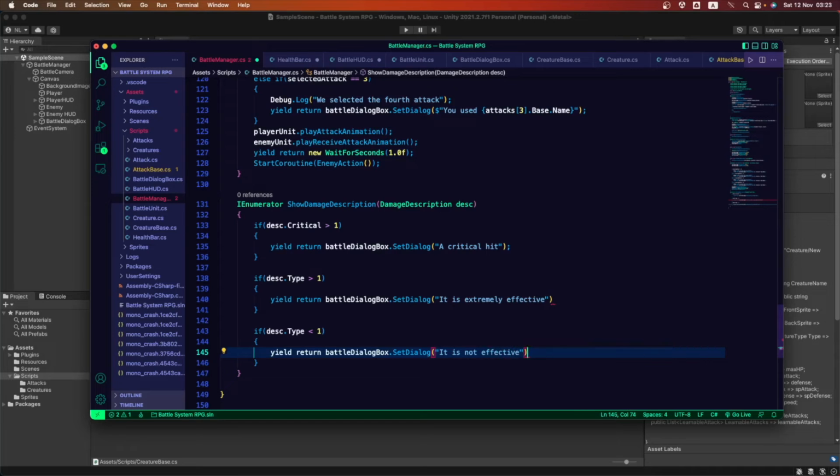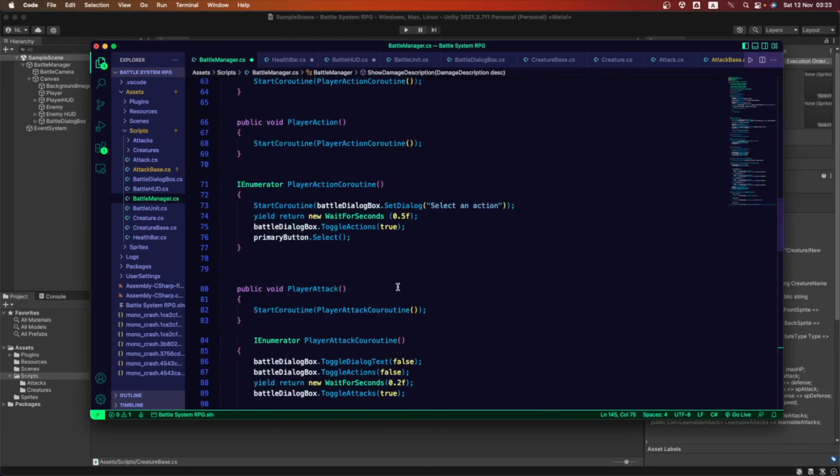Okay, so remember, let me add this semicolon here, when we attack creatures of our same type, this is not going to be effective, and we can write a message inside there. Okay, so yeah, that's it. That is what we're gonna be needing there.